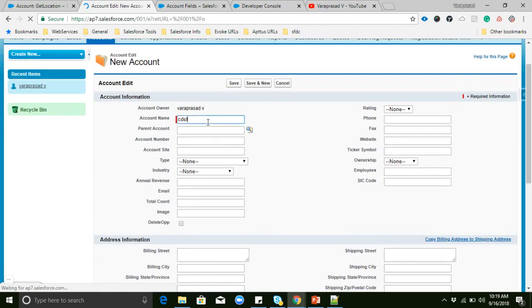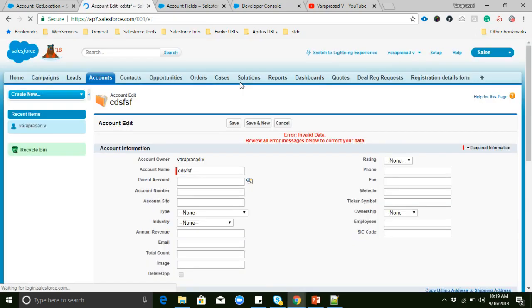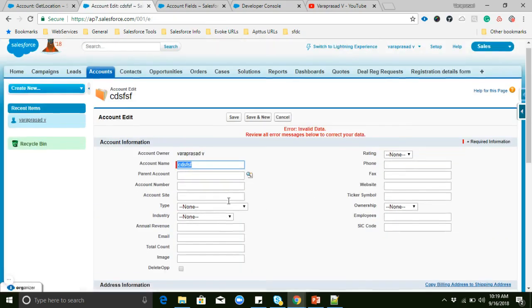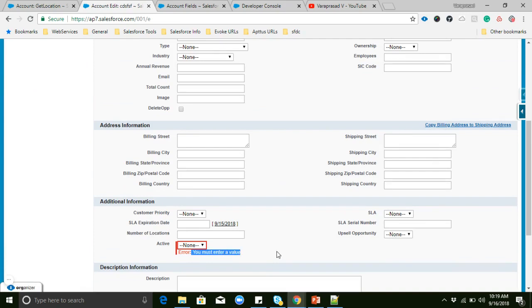Suppose I am entering data here and I click save. It will throw a required field missing error: you must enter a value. Even if you use normal DML events like insert, update, delete, it will throw the same error. But if you use the Database class, it will not throw any error, and it will not insert the failed record into the database.